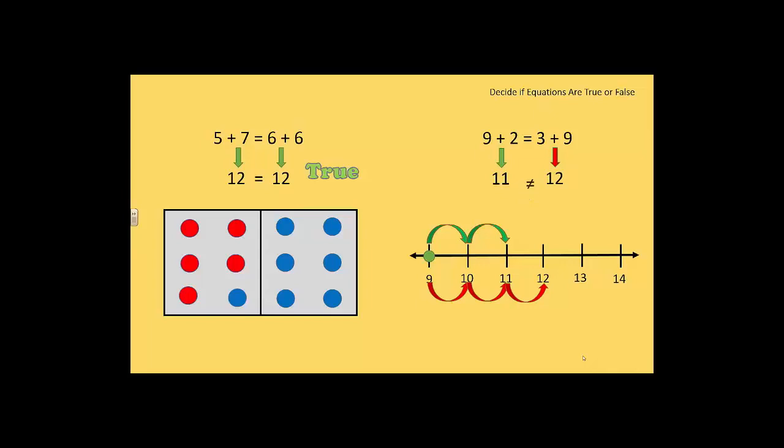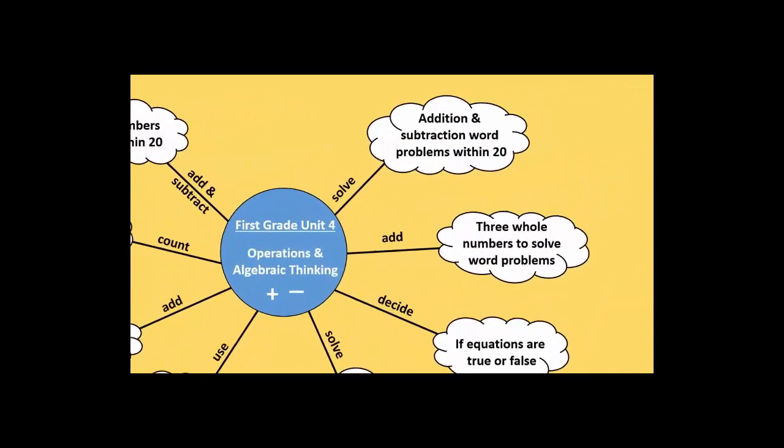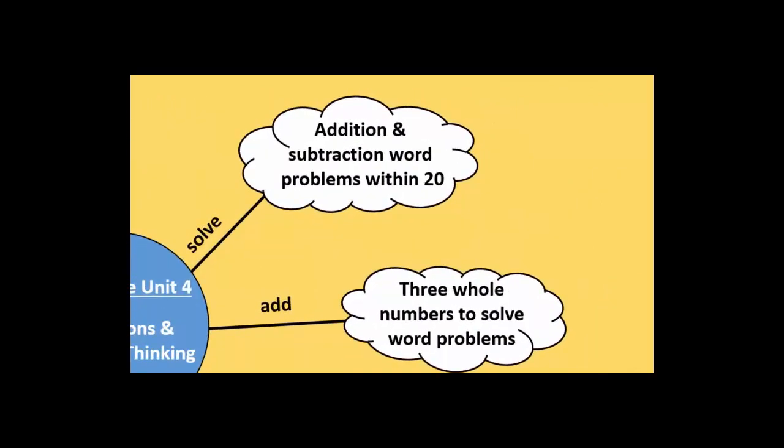11 and 12 are not the same. Therefore, the statement 9 plus 2 equals 3 plus 9 is false because the sides are not equal. Finally, we will look at solving addition and subtraction word problems within 20 and adding 3 whole numbers to solve